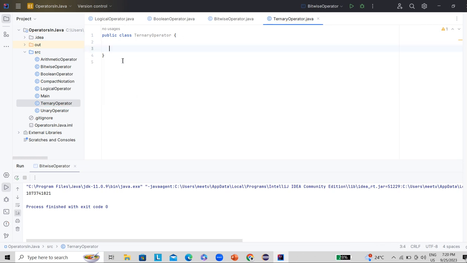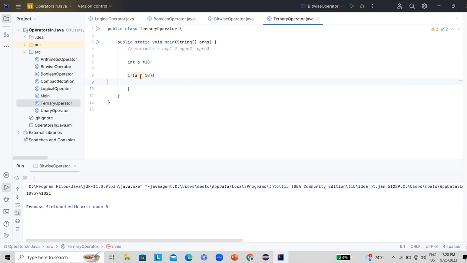One thing we have missed here is the main method. Let's say if a equals 10, then come inside. Let's create another variable, int val. If a is equal to 10, we want to assign this value as 20, else we want to assign 30.